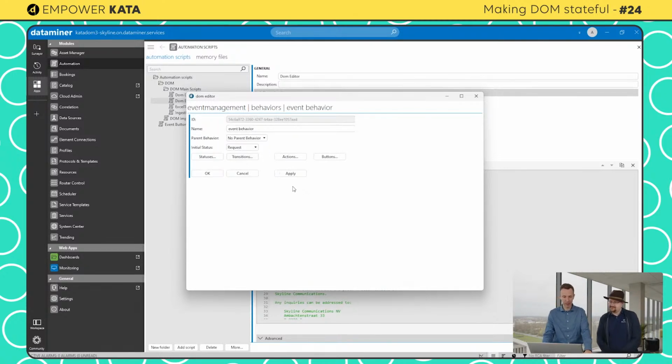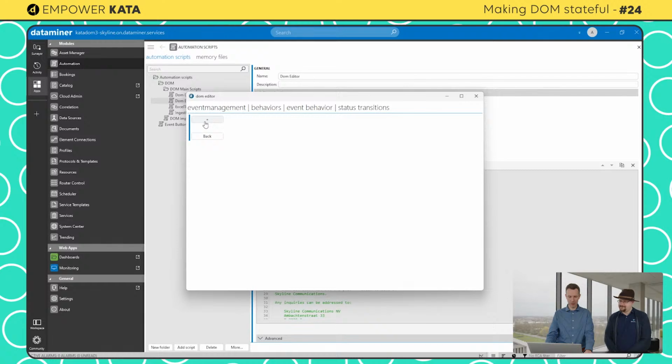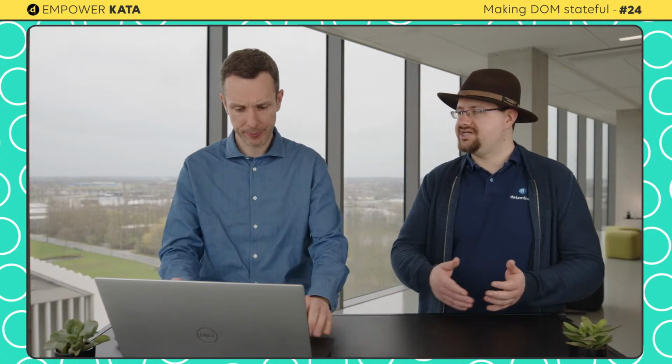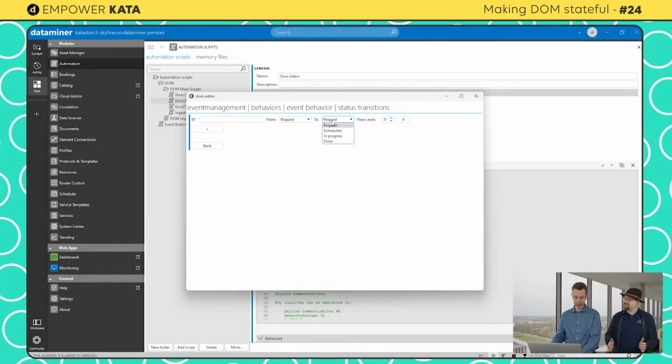Yes, back to the behavior. Okay, and then what we have is transitions. Great. So for transitions, we will define from what state to what state we are allowed to go. And is it a transition for each possibility? Yes. Okay. So for each, pretty much if we have the chain of events going from one event to